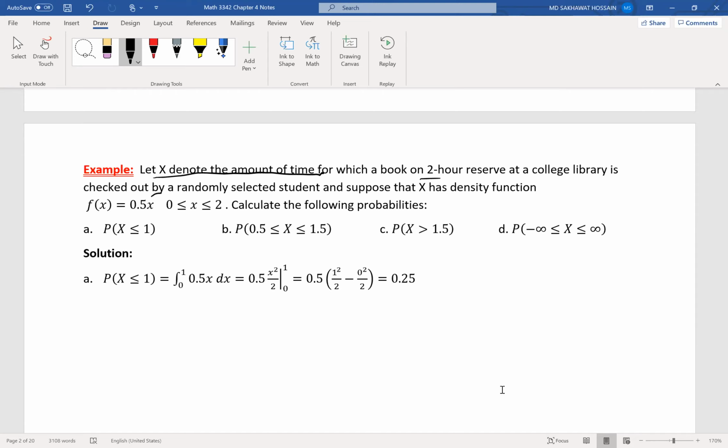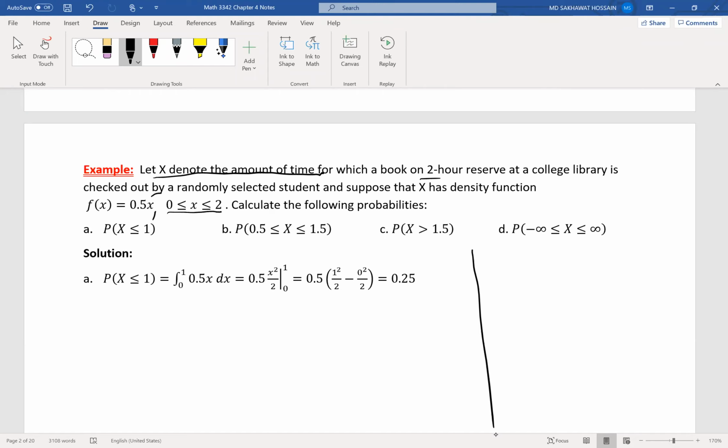And the density function is defined by f of x equal to 0.5x, where x is from 0 to 2. So the density function is defined only for the values of x from 0 to 2. For the other values, the function is 0. Okay, so now it is given that it is a density function. That's why you do not need to check whether it is a density function or not. But if it is not given, and if you are asked to determine whether this is a density function or not, first you need to check